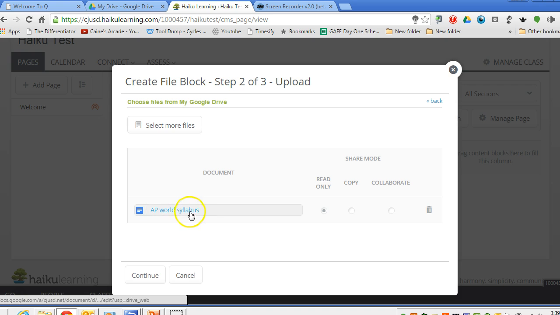I verify that that's the document I want. I have a couple of options. I can do read only, which means that students can read the document. I can choose copy, which forces students to make a copy of the document, or I can allow students to